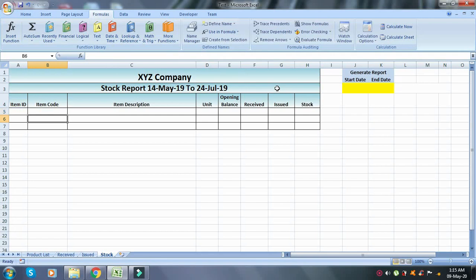Now I just copy this formula in the description column and the unit column, but we have to change the column number.